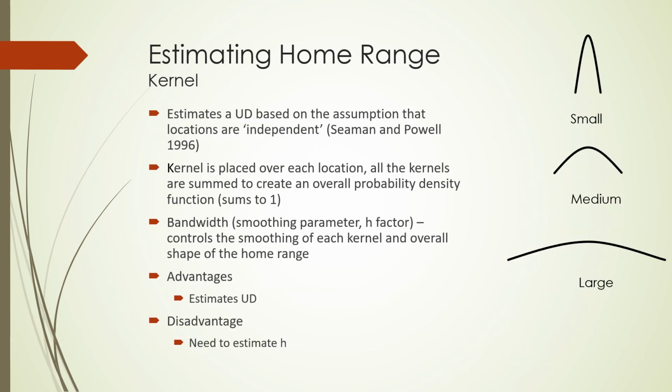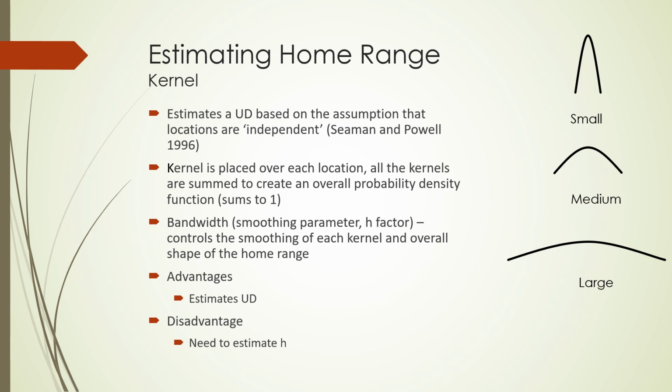Well, the next thing that came along is what's known as a kernel estimator, and this was really developed for other fields as we started to get more spatial data and started thinking about, well, how can you analyze information about space use across all kinds of things, whether it's humans or animals. And the kernel estimator estimates the utilization distribution based on the assumption that locations are independent. Okay, so again, you have to have data where you don't have two locations within 5 minutes of each other, for instance, or that'll really